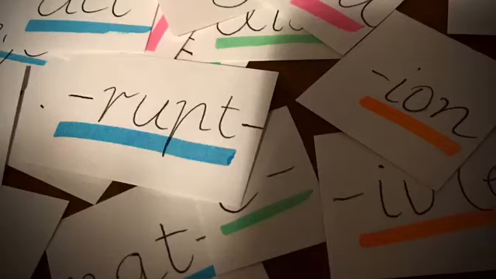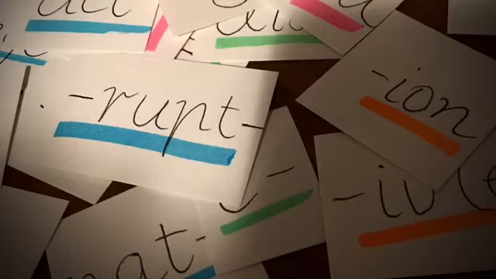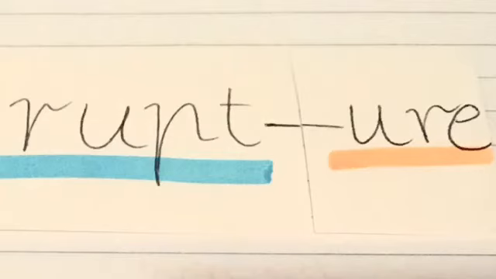This video is about the word root rupt, R-U-P-T, which means to break. We're going to build eight main words using it by adding prefixes and/or suffixes. So the first word that we're going to build using rupt is the noun rupture, which means to break or